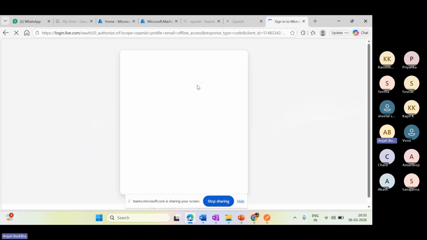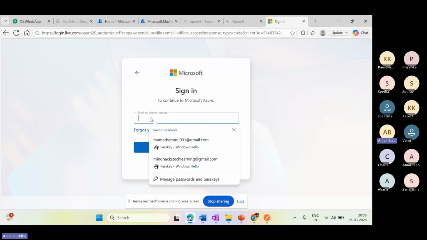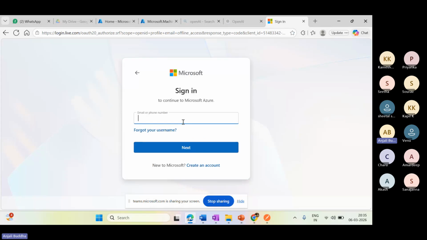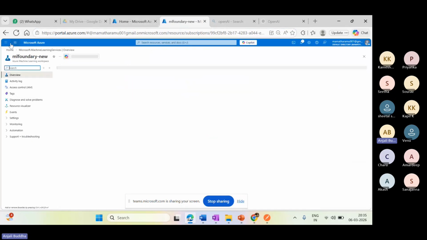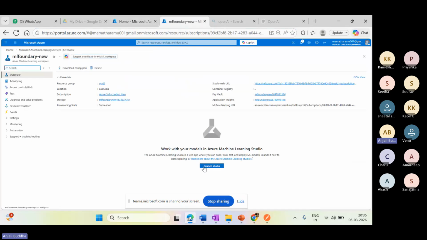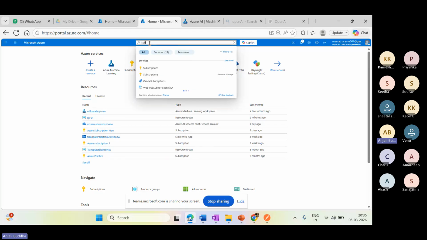You can just go here to create one, or sign in with a different account. You can provide any one of your email IDs. Once you provide your account, it will ask what exactly you're working on and your organization's name, that basic information. You can provide that. After that, you will get into this particular window. Once you get into portal.azure.com, you are still not able to create any resources. If you want to create resources, first you should have a subscription. For that reason, you go here to the subscriptions.